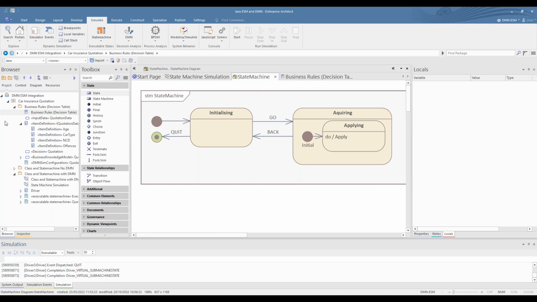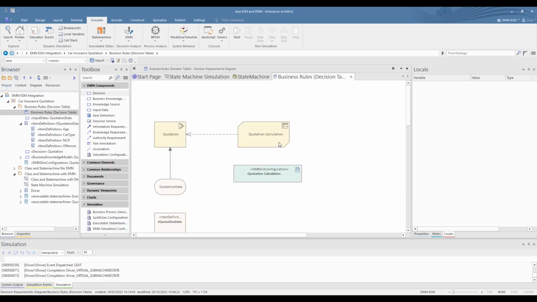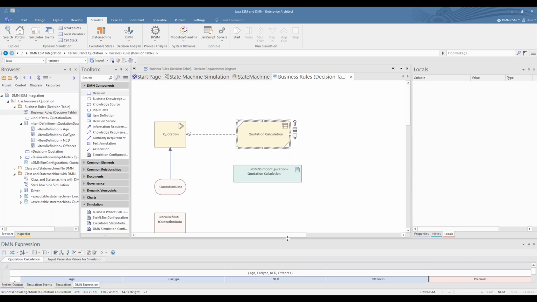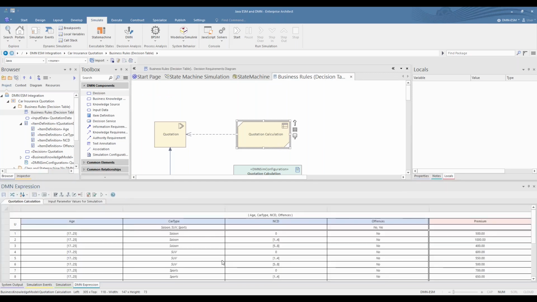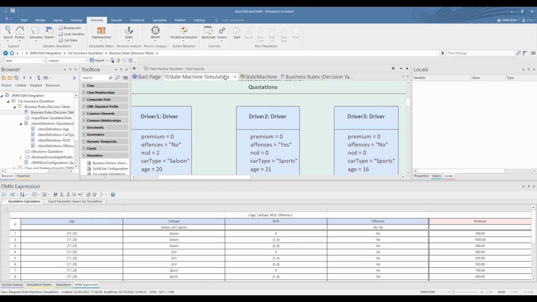So the question would be, if I change the rules here like that, and then I regenerate the Java class for the decision table, which will work, and I rerun the simulation exercising these new rules, it doesn't work.